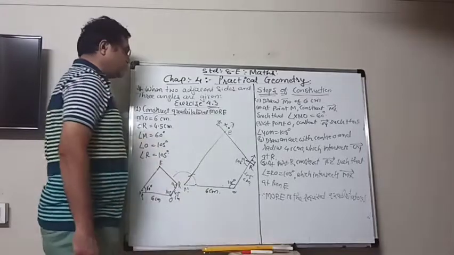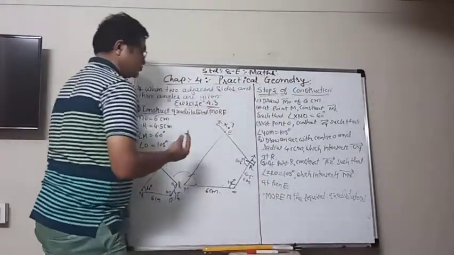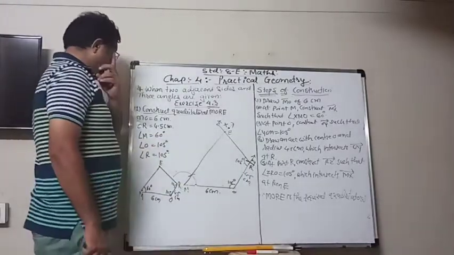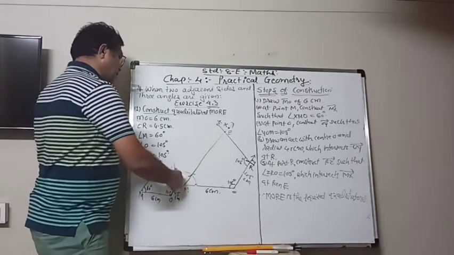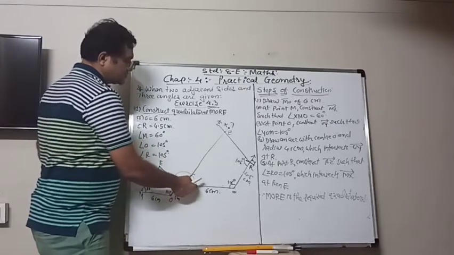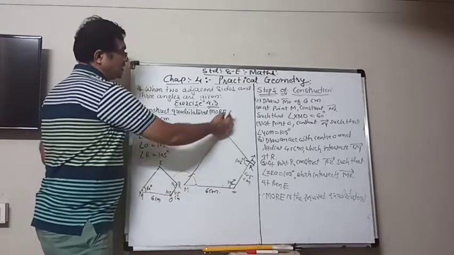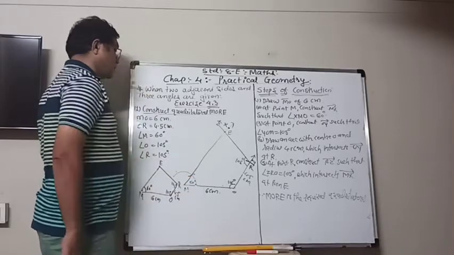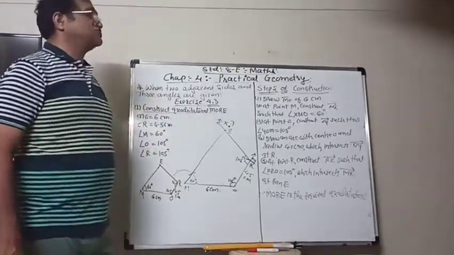Because the angles are too big, you can use the protractor to draw that 105 degree. Here, 60 degree you can draw the construction by half semicircle, and keeping the same radius, you can cut that one and join that one, then that will be your 60 degree. So by this way you can have this construction.